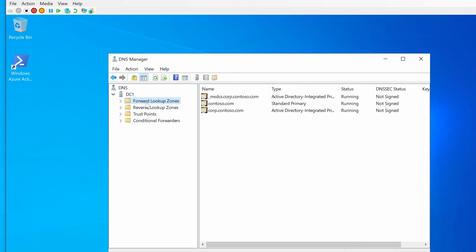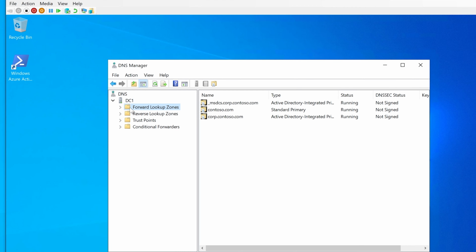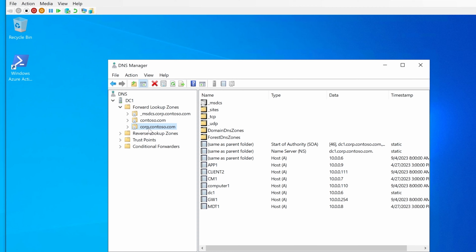So it's forwarding of the IP address, or forwarding of the name to the IP address. For those reasons, with DNS open, we're going to select forward lookup zones. So we're going to search those zones to see if there is a DNS record for that printer. I'm going to expand this, and I'm going to make sure that I select the correct domain, because you will have multiple domains in here, multiple domains that keep their own records. And in this case, our domain is